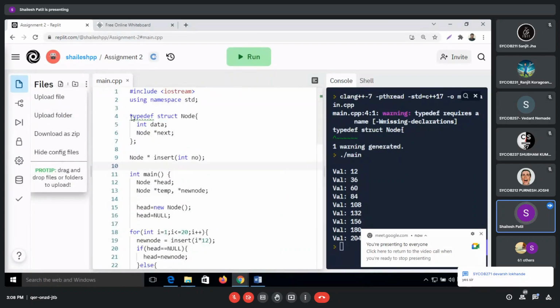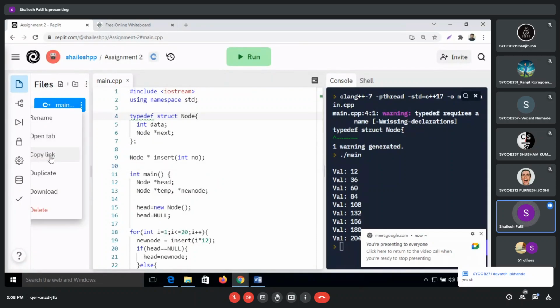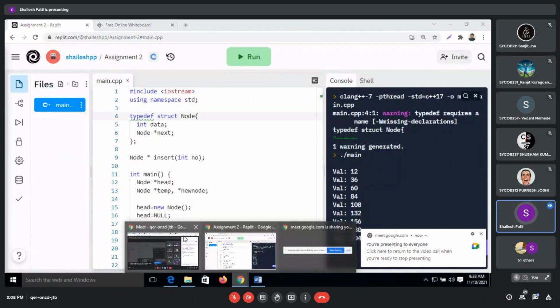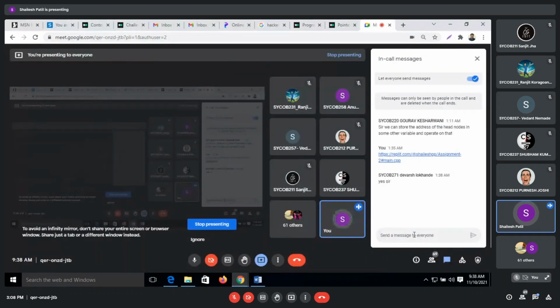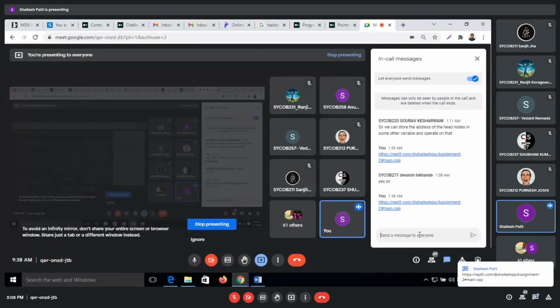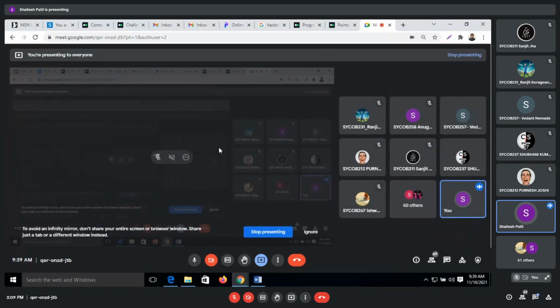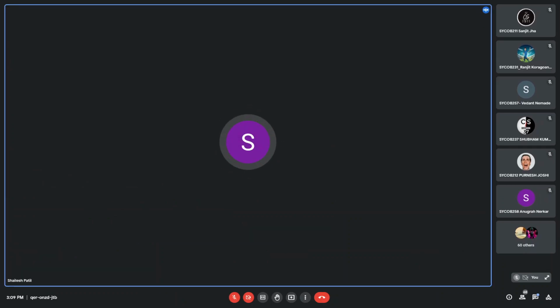Yes, sir. Okay, so this is all there is in this. Do this part properly. We will have 30 minutes in hand. I'll give you the REPL link. Try to insert the node and display the nodes. Once it is done, you can go for the search also. For search, make temp equal to temp next until temp data is equal to the value to be searched. If it is there, tell that the number is found, otherwise the number is not found. Is it possible for you to do this much? You can do up to search. Delete I can tell you.